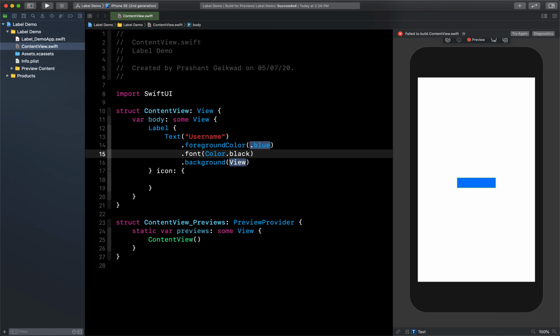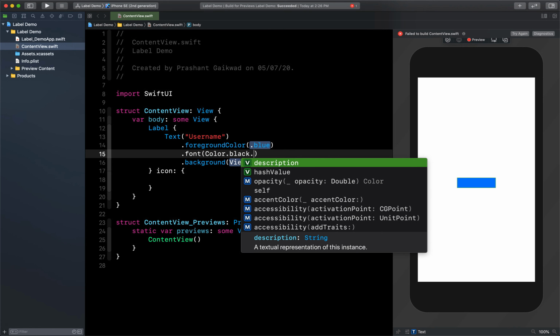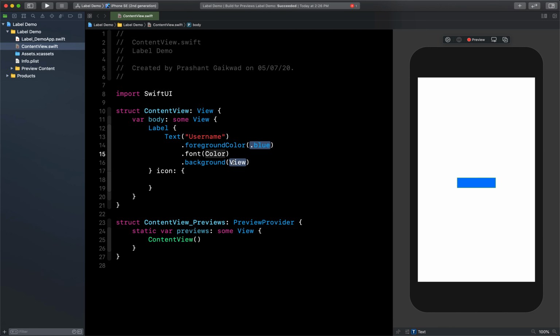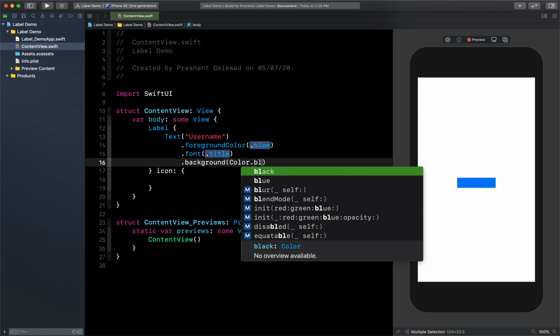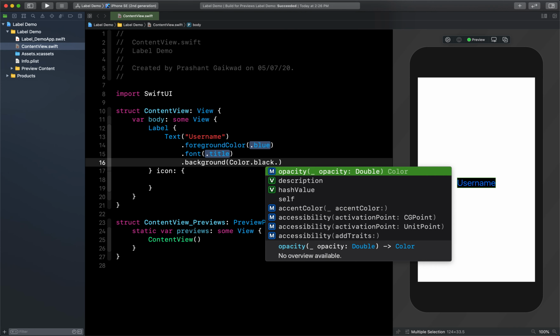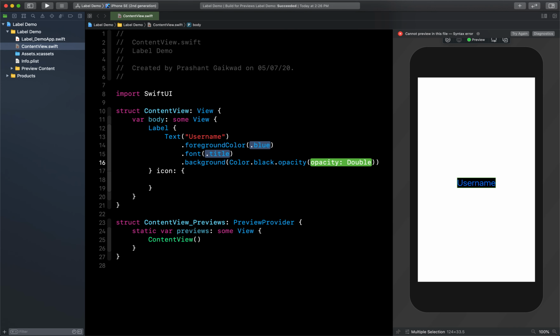Black will be very dark, so I will reduce the opacity, and we can give something like 0.5 or 0.2 will be good.